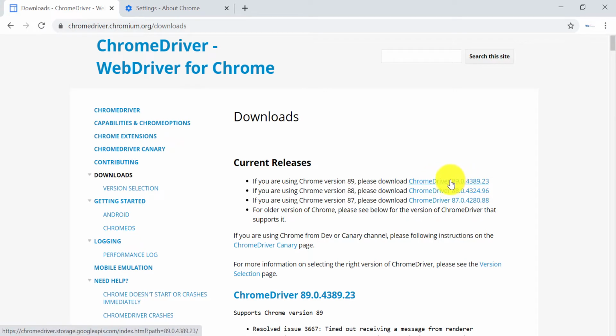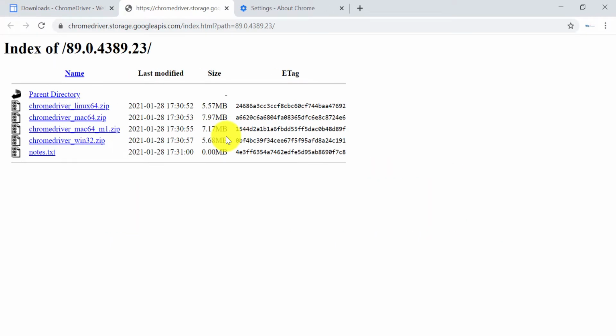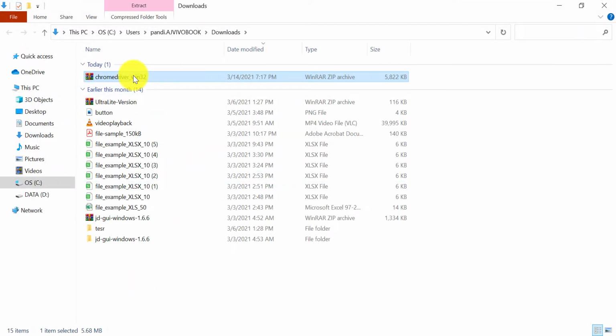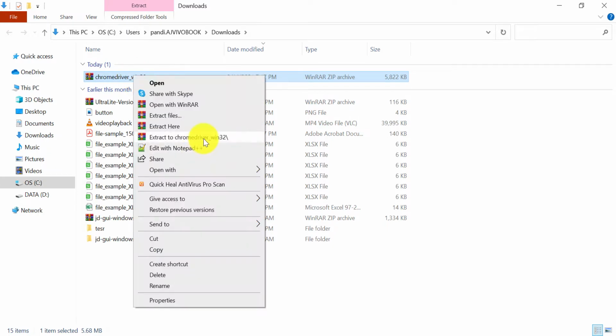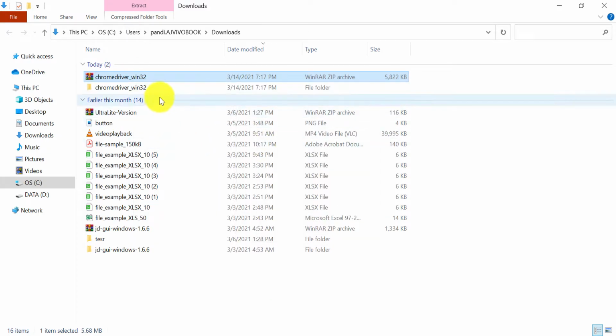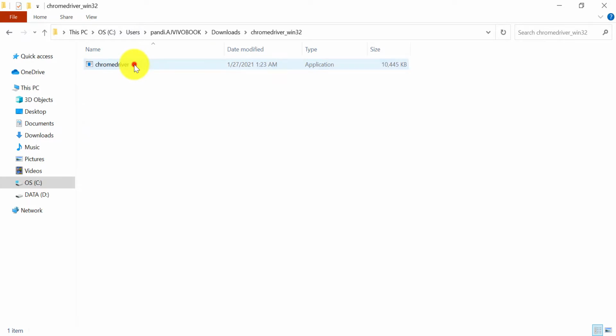Just click on that, and according to your system you can download the 32-bit version, or the 64-bit for Mac. I am downloading Windows 32 as of now. After downloading, you need to unzip the zip file. You can unzip here, and this file, chromedriver, is the executable file.